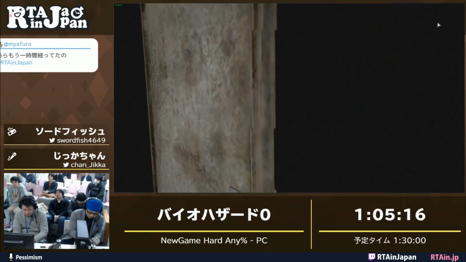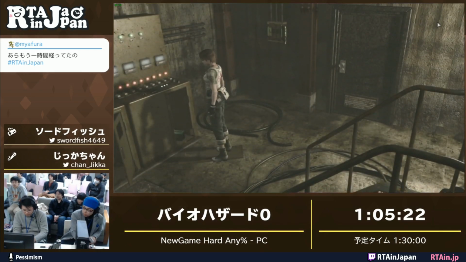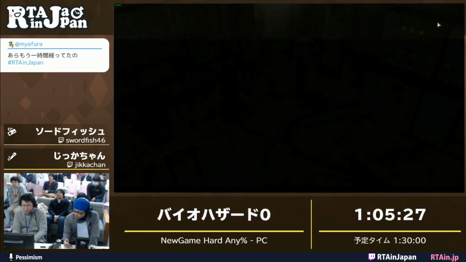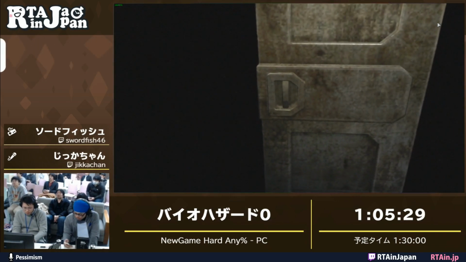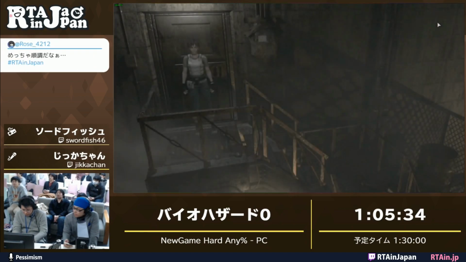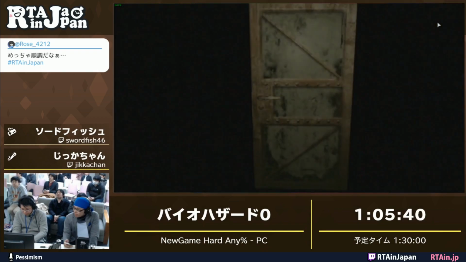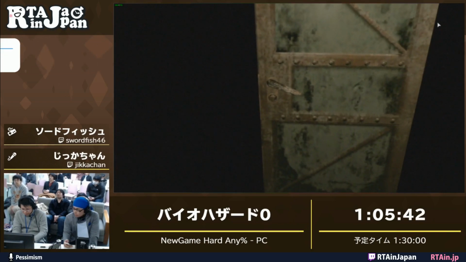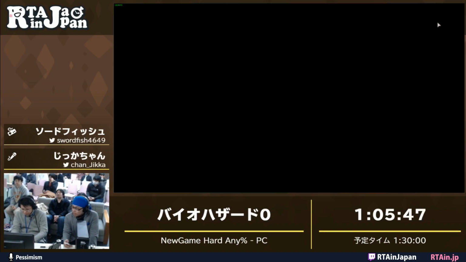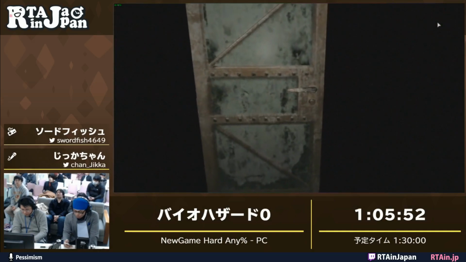We are making our way towards Billy. Not a lot going on, just going through these rooms. 回収して、いや久々のビリー君ですね、ビリーと再会ですね。はい。降りた先か。And here he is. で、今度は来た道を戻ります。